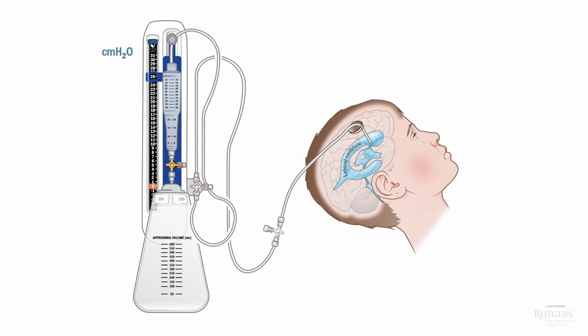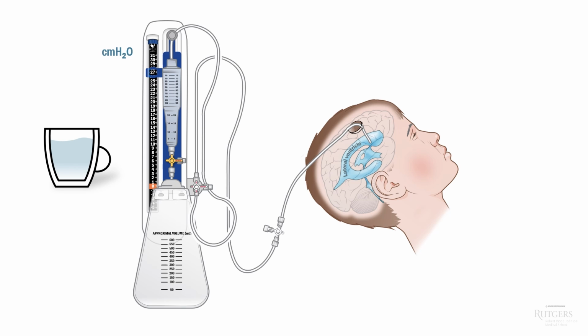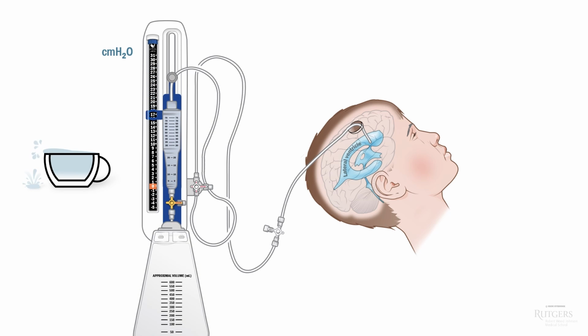The drainage contains a short tube which leads up to a drip chamber, where the tube opens to air, allowing the CSF to escape. The level of this opening is indicated on the scale. Think of this like water spilling over the edge of a cup when it gets too full. We can make it harder for things to spill by making the cup wall taller, in this case by raising the drip chamber, or easier by lowering it.